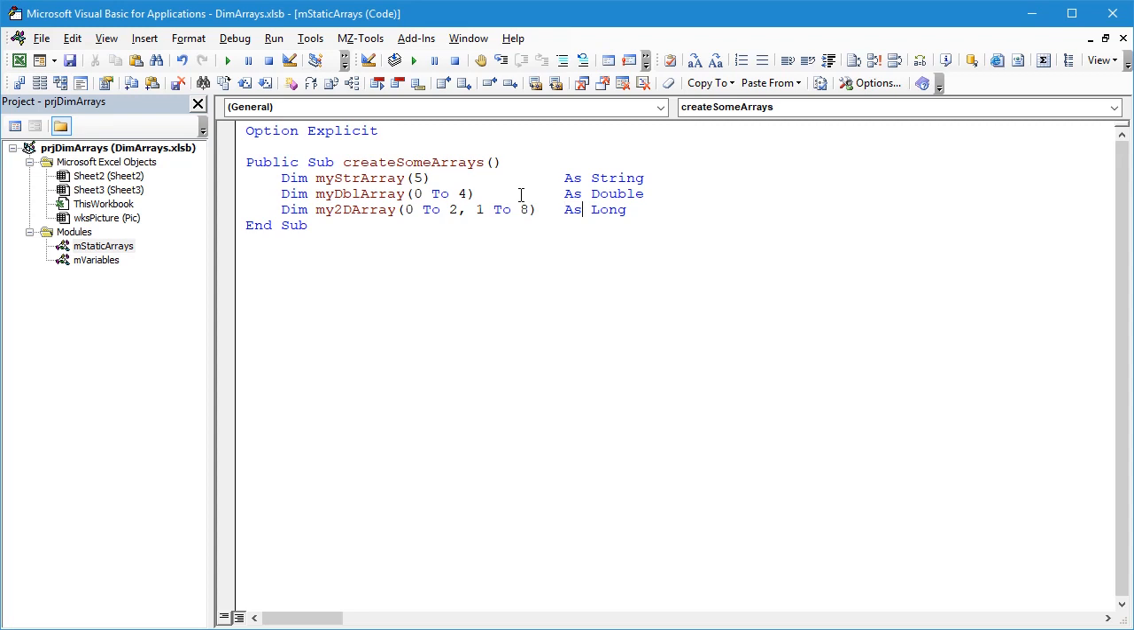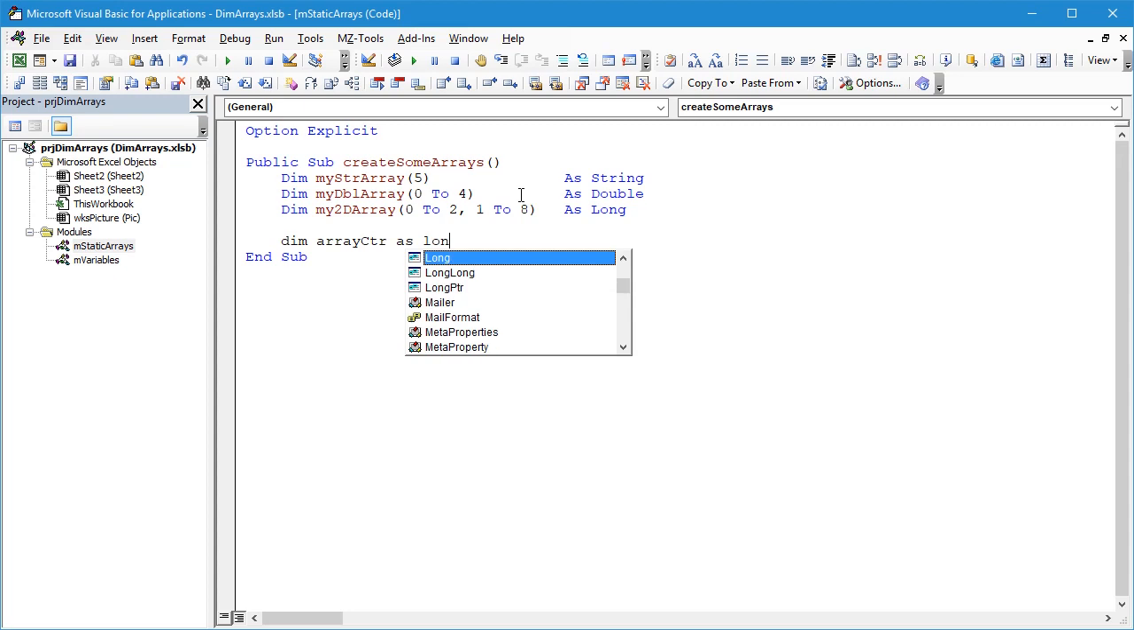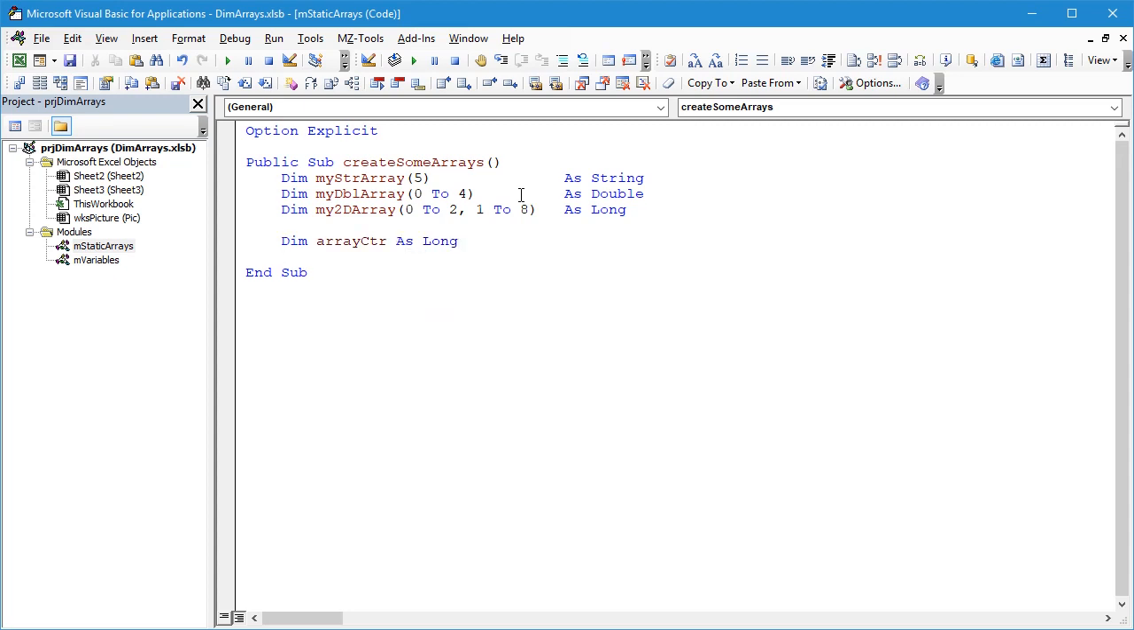Okay? So here we have declared the arrays and we have given them an explicit constant size. Once we do this, we cannot then go away and change the size of these arrays. They are static arrays. In a short while, we'll talk about dynamic arrays, but it's always easier to start with static arrays. Let's actually put some values into some of these arrays. I'm going to use a loop to do this. So I'm going to use dim array counter as long. And we're going to use a for loop for array counter